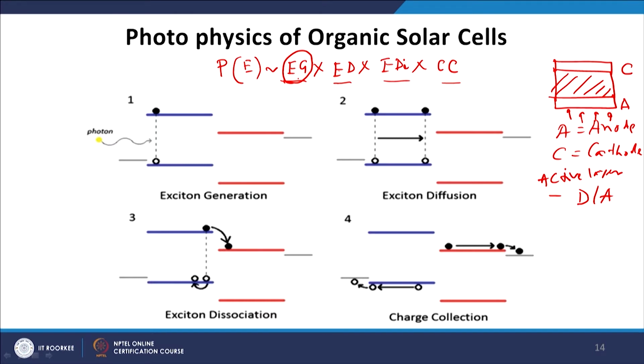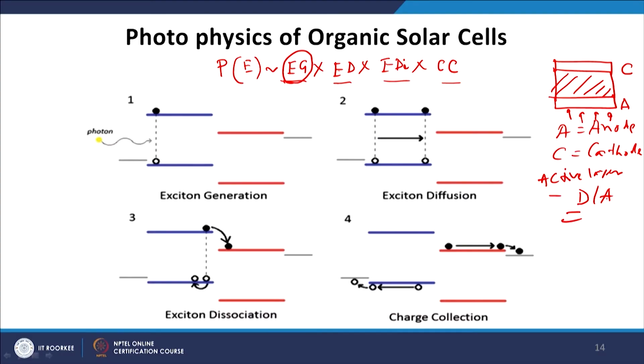The next process is that whatever excitons have been generated are now bound, but we know that the charge carriers have to be free. So, now we need to break or dissociate these excitons, but before that we have to keep in mind that the exciton has been generated in the donor material, but we have a donor acceptor interface. Now, at the interface the exciton can dissociate. So, the exciton needs to move from the place where it has been generated to the interface area. So, that is the second stage, exciton diffusion.